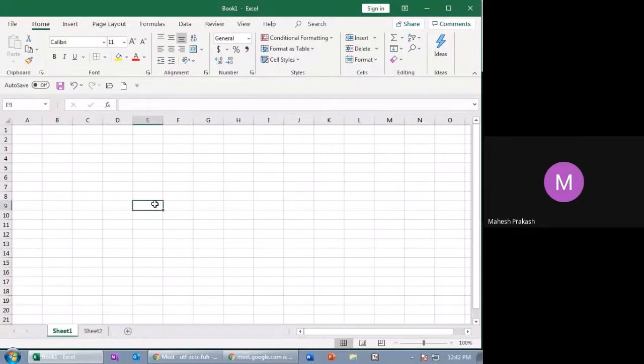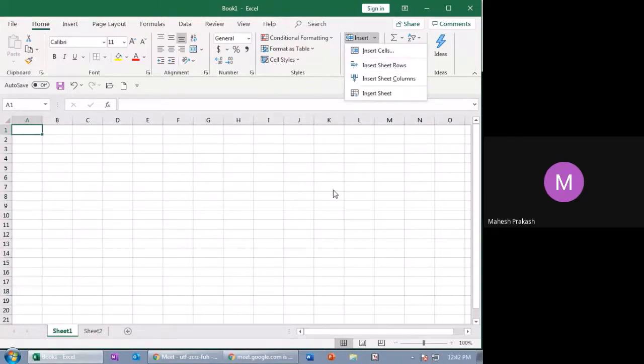So let's go with inserting data, deleting data, inserting a row, deleting a row.